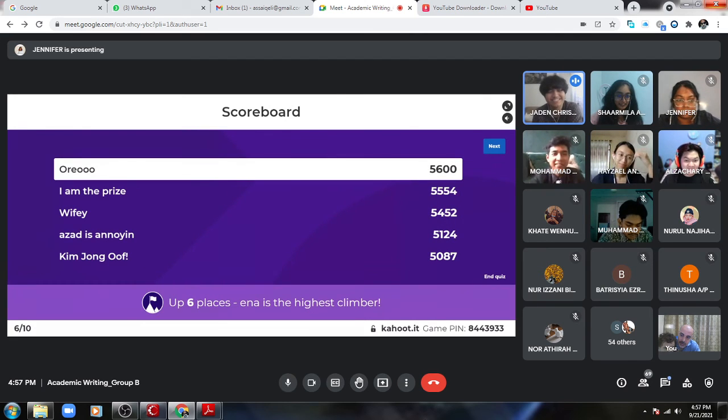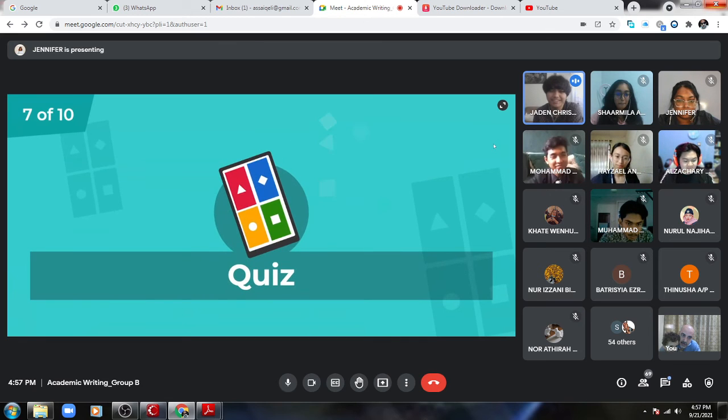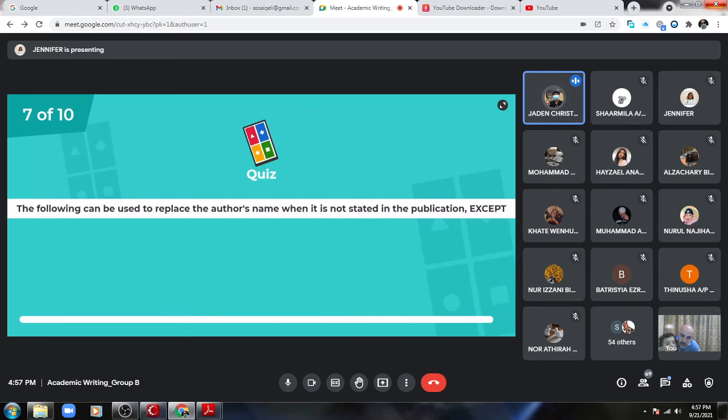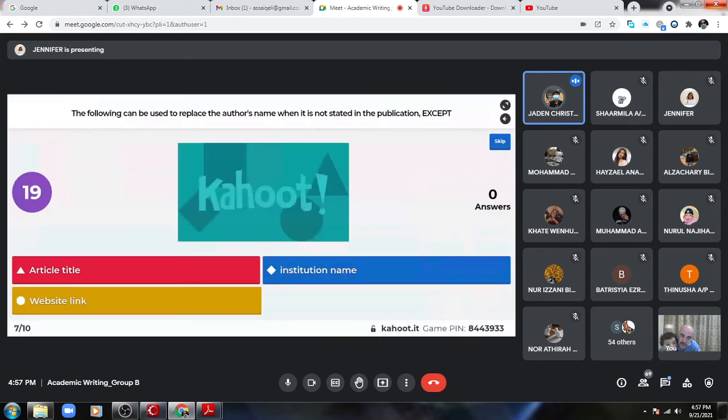Alright, the leaderboard is still the same. So guys, let's keep going. Nice work, the Oreo. Which of the following can be used to replace the author's name when it is not stated in the publication, except